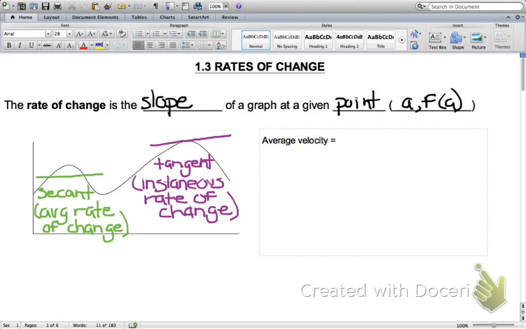I've drawn already our secant and our tangent lines. Recall our secant is always our average rate of change. That is when we are using 2 points to look at the average rate of change, where our tangent is our instantaneous rate of change, where we're just looking at one point and looking at very, very close another point relative to that. So our average velocity here is equal to the change of position